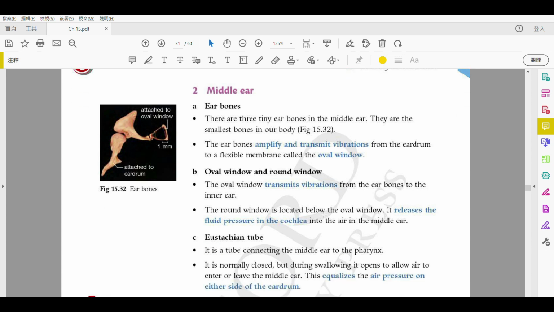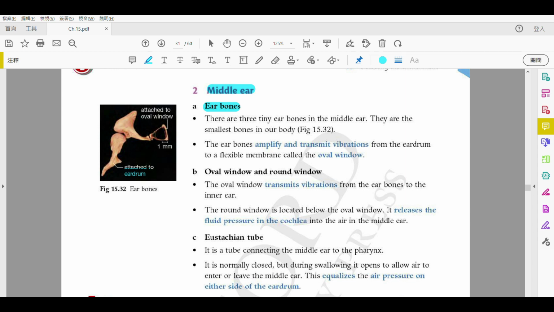In this video, I'm only going to finish this middle ear part, okay? 好啦，嚟啦喎。So when we talk about the middle ear, first of all, we know that there are the ear bones. So ear bone, one of them is connecting the eardrum, easy, and the other one is connecting the cochlea, 係同個耳窩相連嘅。